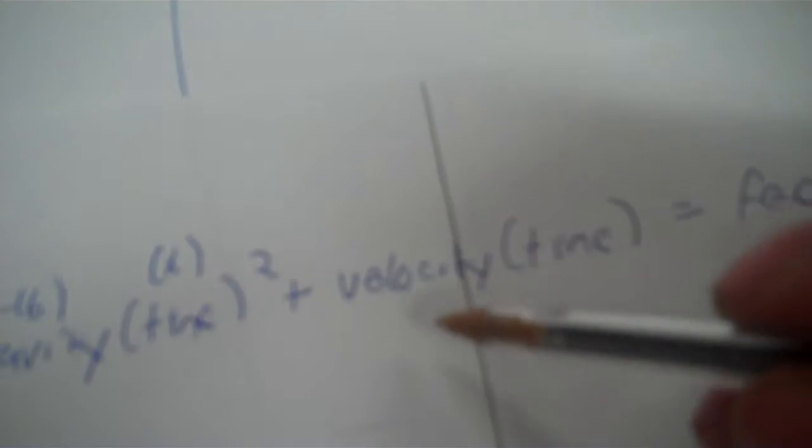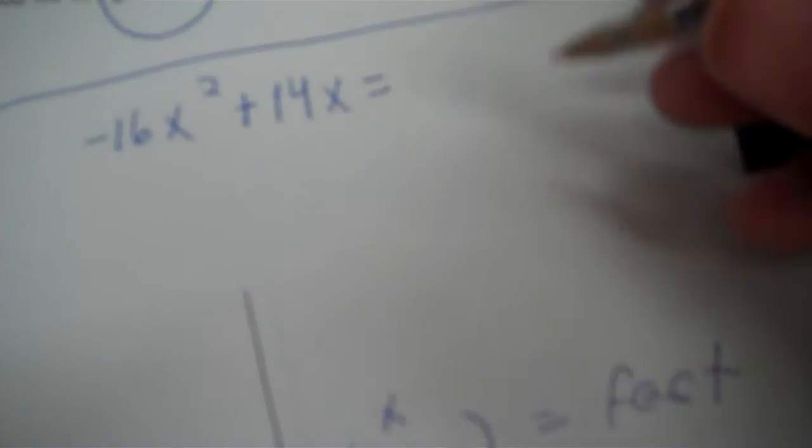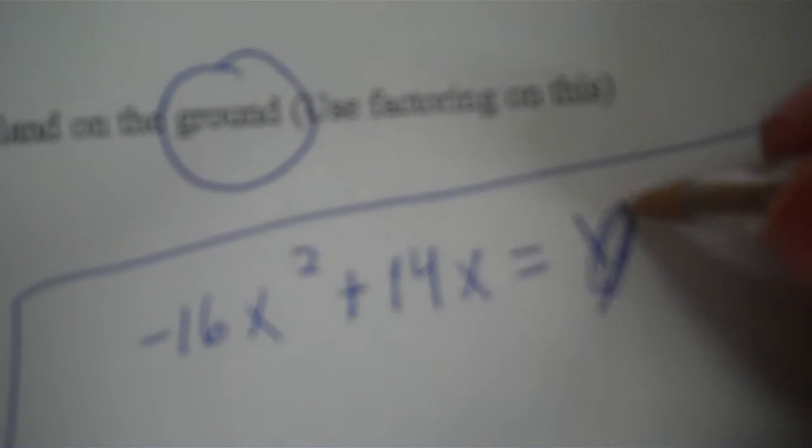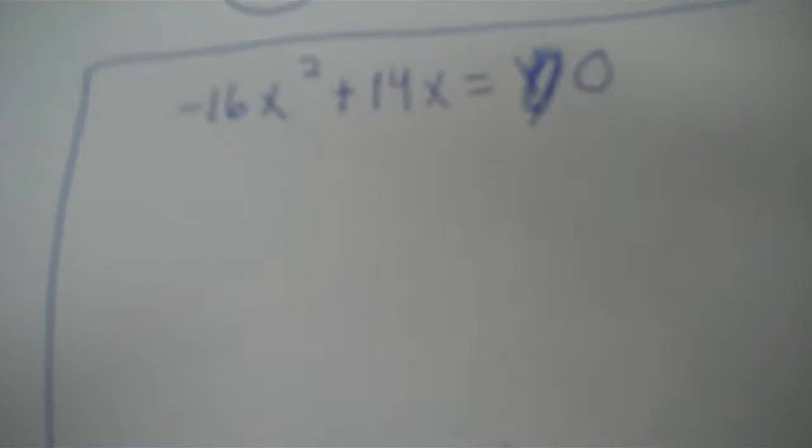So gravity, negative 16, time is x, so x to the second power, plus the velocity is 14, so 14 and then another x, equals feet, which is y. So 0 feet goes in for the y. So there's two answers,